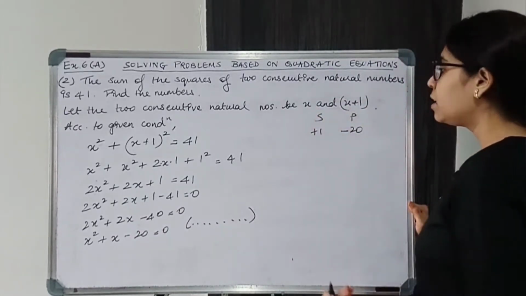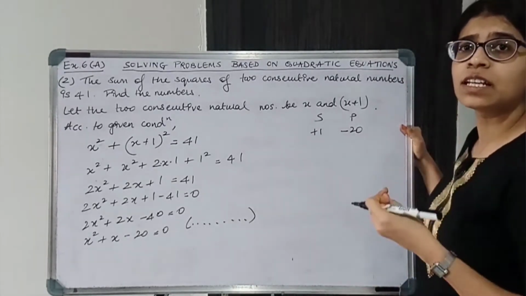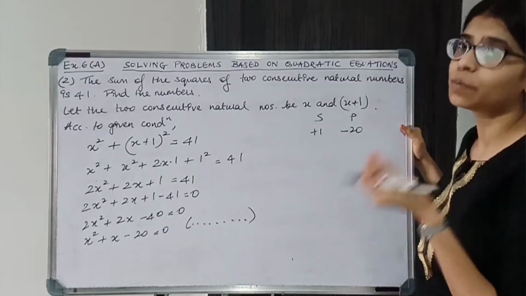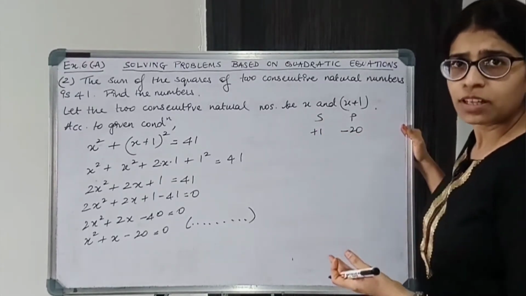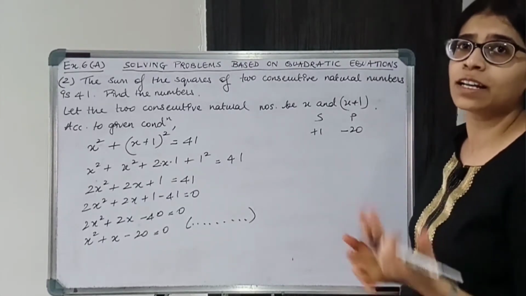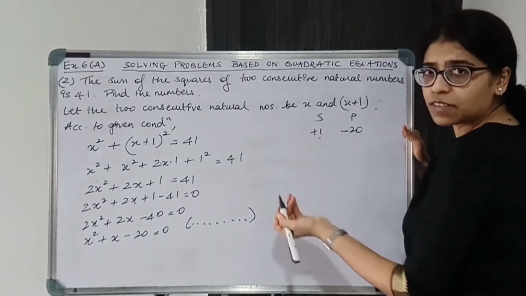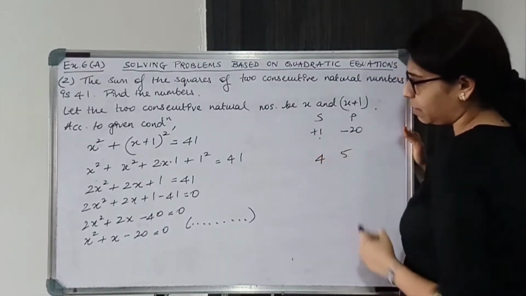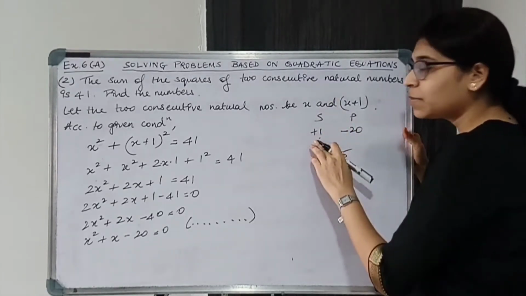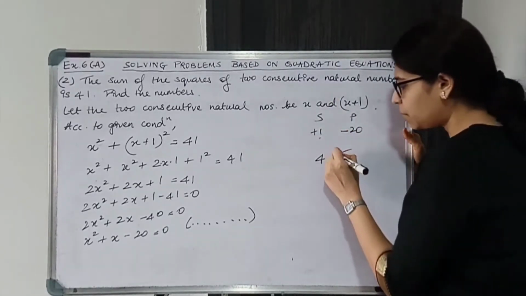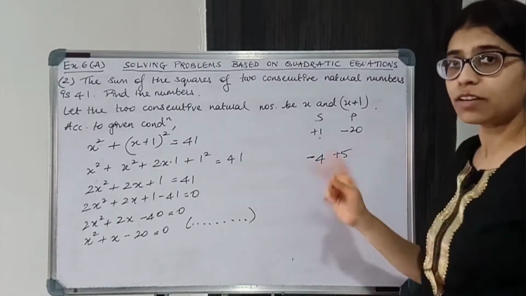Now the product is negative, which means one is positive, one is negative, opposite signs हैं, so you have to subtract the numbers. So 20 के factors क्या हैं? 4 and 5, we know it's very easy. 1 and 20, 4 and 5, 2 and 10. So 4 and 5 का difference ही 1 देगा. Sum tells you which one will have which sign. Sum का sign is greater number का sign. Sum is positive means the greater number is positive, the smaller number is negative, because both have opposite signs.